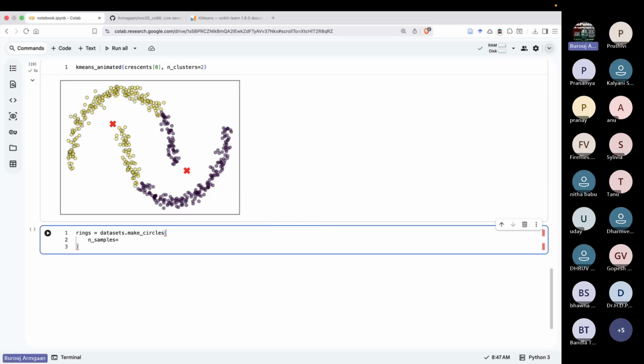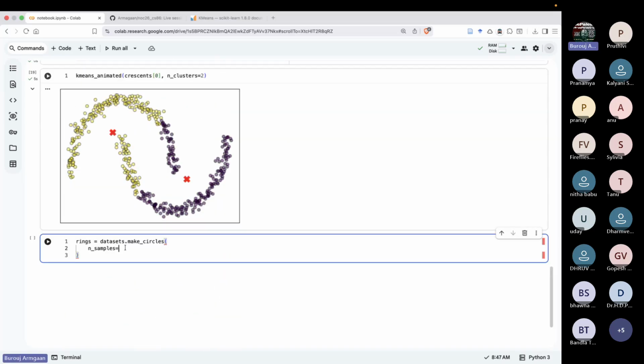So Tanu, can you elaborate on this? Okay,